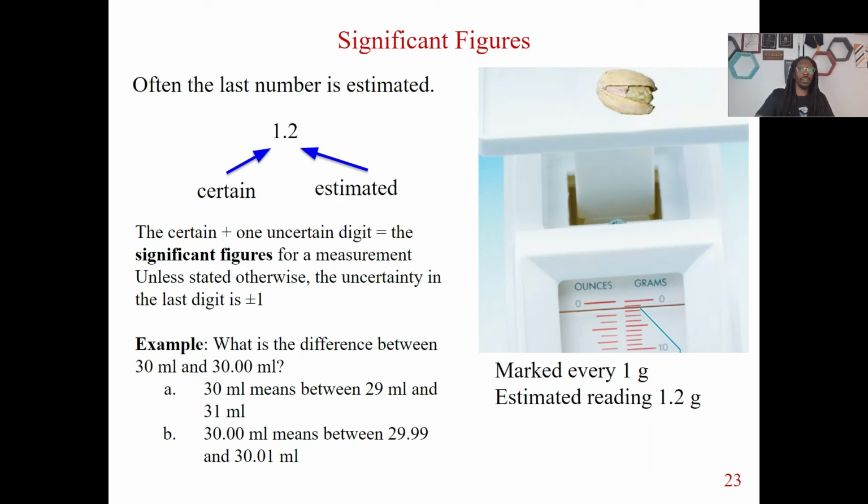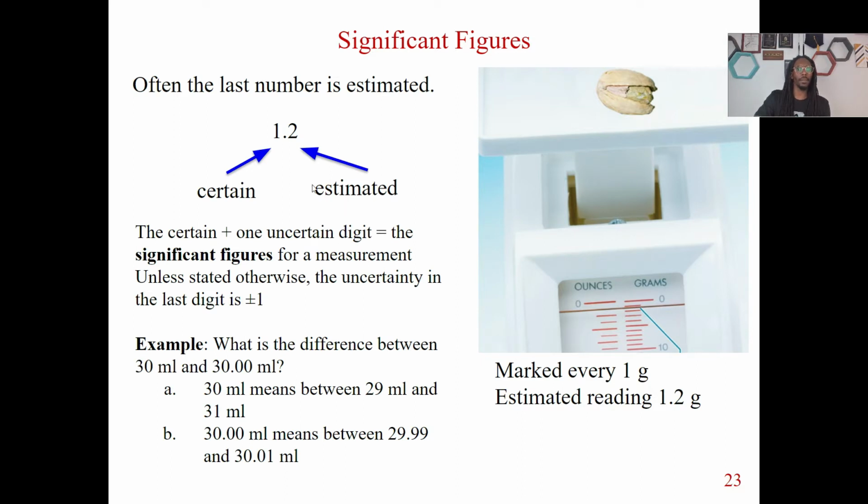Significant figures are basically what we use for measurements. That's mainly why we use sig figs. We use significant figures for measurements. The way we look at these is we have a certain measurement, and then we have an uncertain measurement,